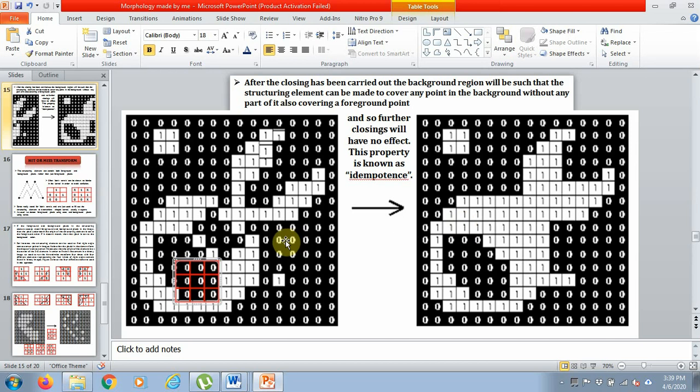Like this, you are closing the unwanted area in the image. So you have filled some part in the original input image by replacing 0 by 1. So this is the application of closing. You're closing a part. Here I cannot fit at all because it is a 2 by 2 if you consider the foreground. No, this one also, this pixel, I cannot fit my 3 by 3 inside this background,